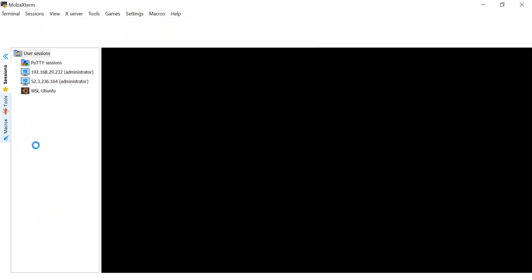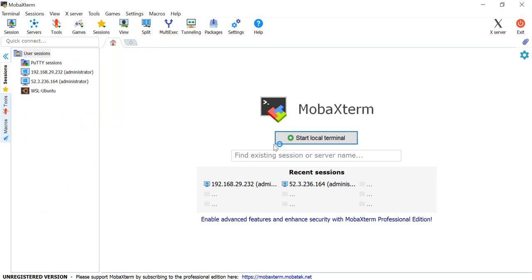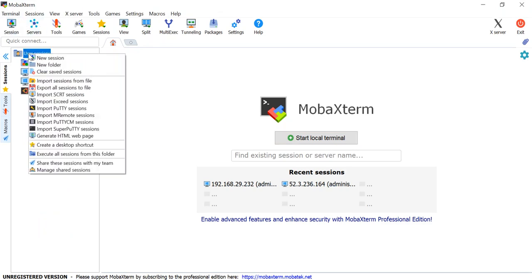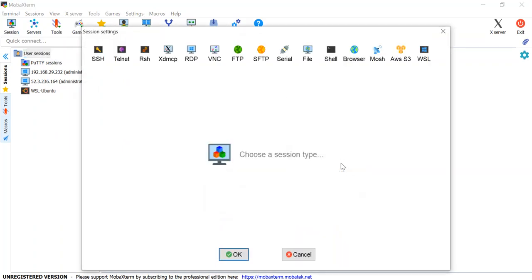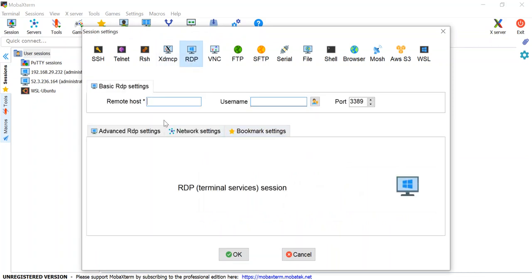Here you have to create a new session and give the IP address. From MobaXterm, you can connect with your Linux, Unix machine or your Windows machine. This is my Windows machine, so I'll choose RDP.